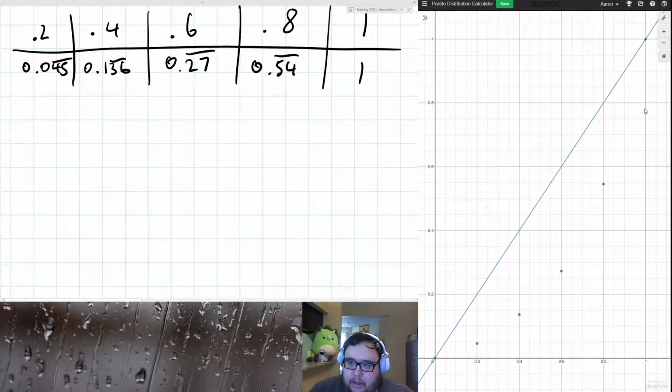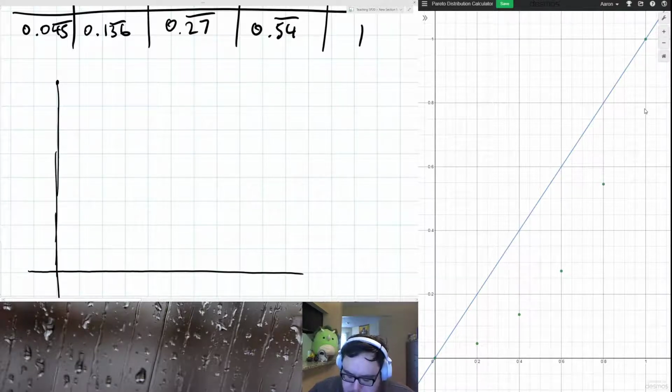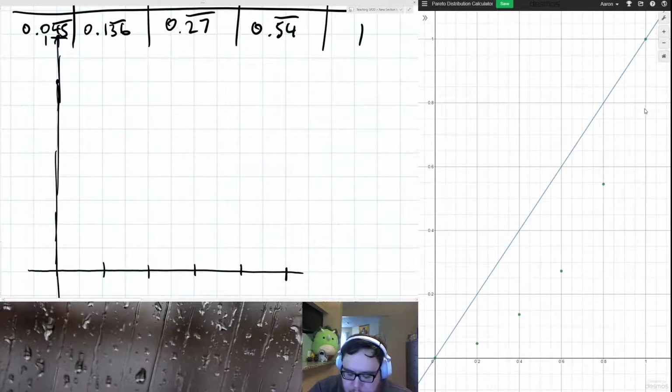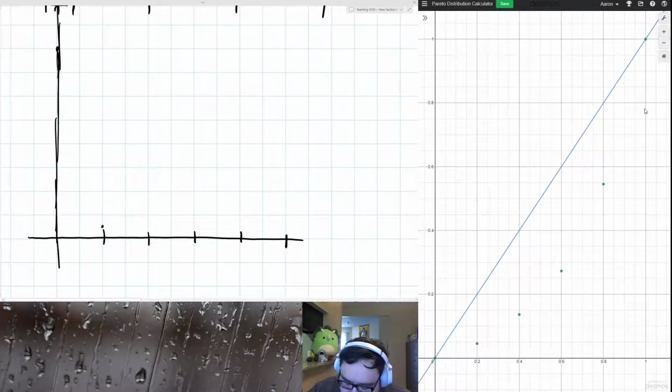So if we want to draw that graph, let's say down here, 2, 6, 7, 8, 10. So that'll be at 1. So our top point will be up there at 1. So we have 0.2, 0.4, 0.6, 0.8. At 0.2, we had 0.045 of the wealth. So that's going to be right about maybe here, a tiny little bit less than